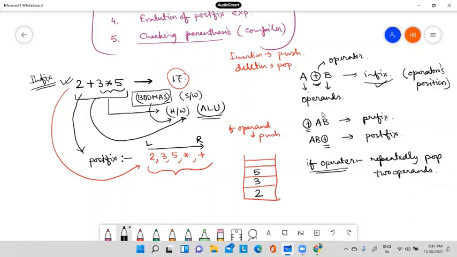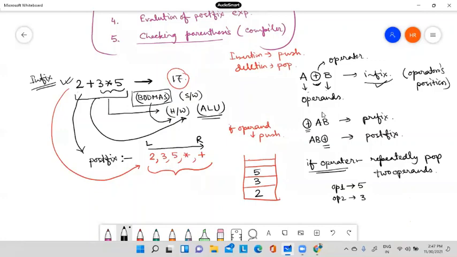If operand, you push it inside the stack. If operator, you repeatedly pop 2 operands. Which 2 will be popped? Obviously 5 and 3. Suppose this is operand 1, where I will put 5, and this is operand 2, where I will put 3. These 2 operands are popped.